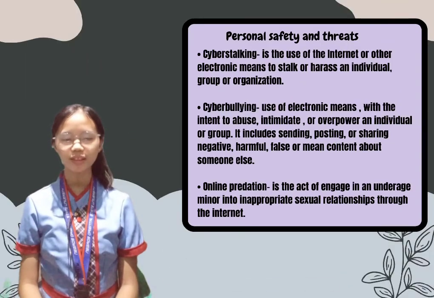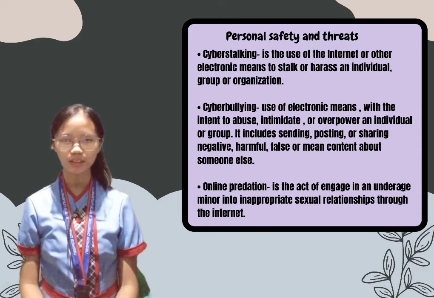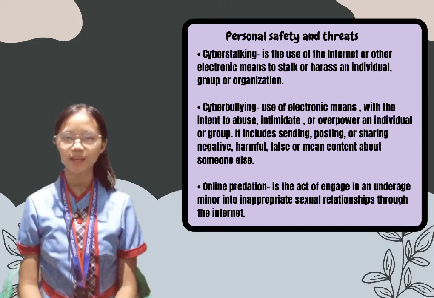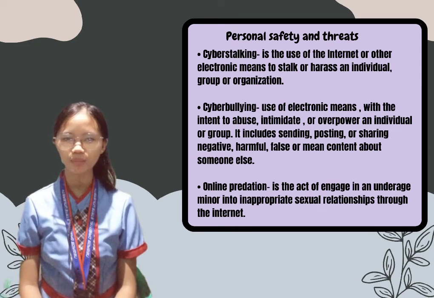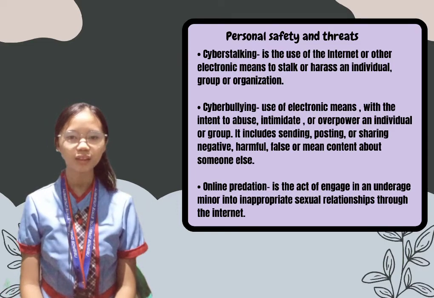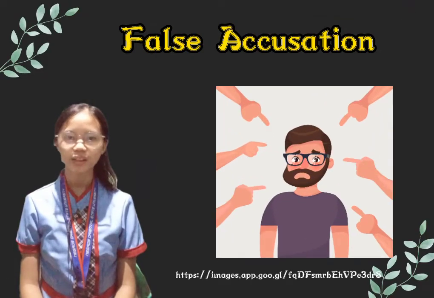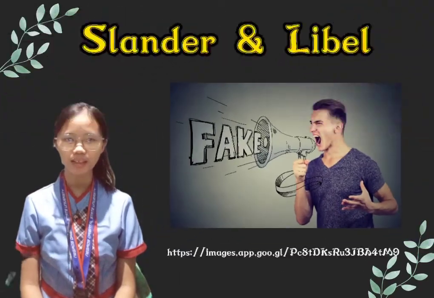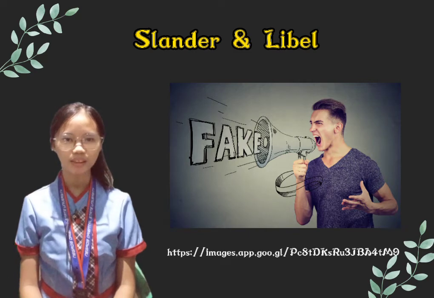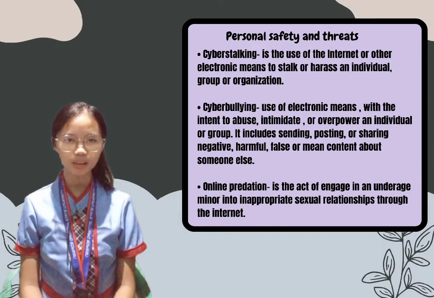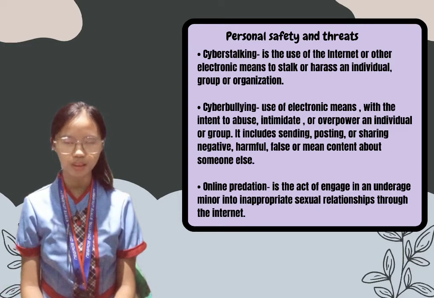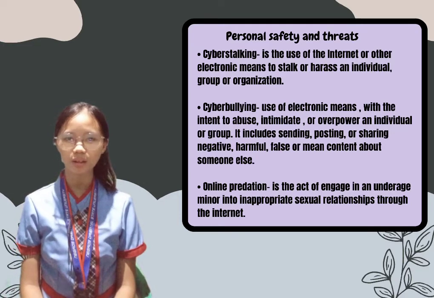The following are examples of personal safety and threats. First, cyberstalking is the use of the internet or other electronic means to stalk or harass an individual, group, or organization. It may include false accusation, defamation, slander, and libel. Cyberstalkers take advantage of the anonymity afforded by the internet to stalk or harass their victims, sometimes without being caught,